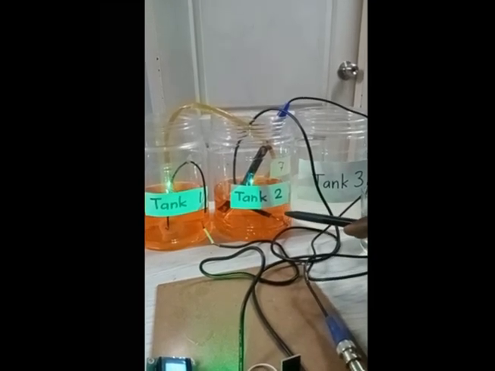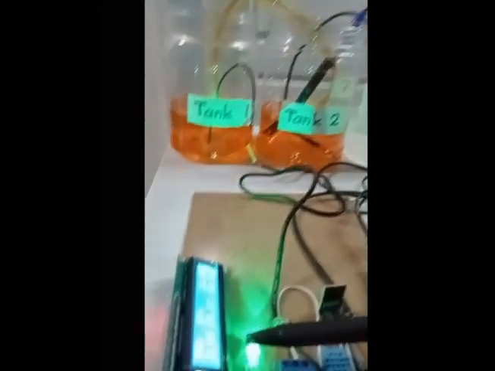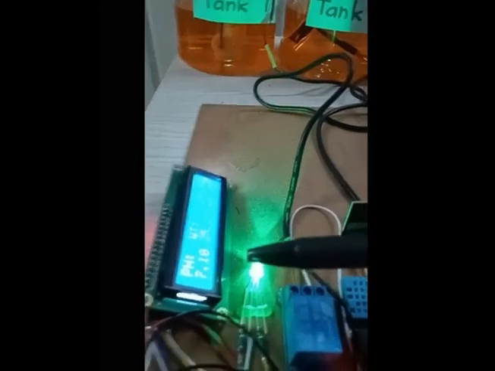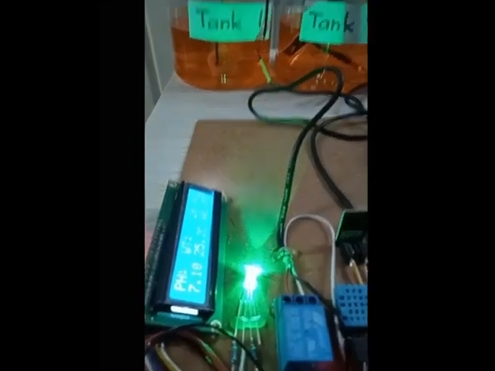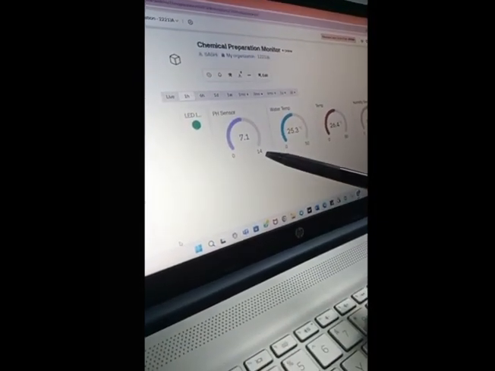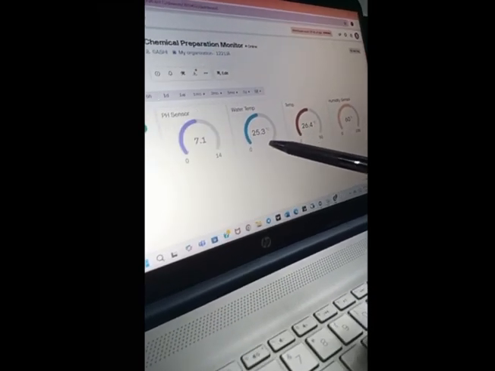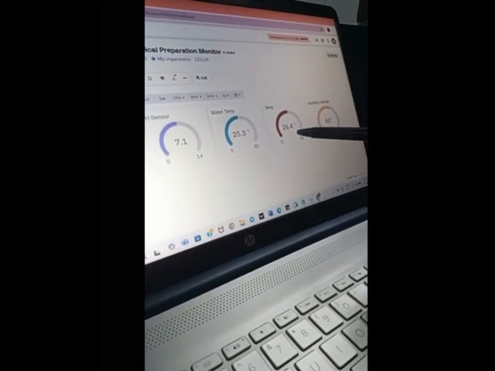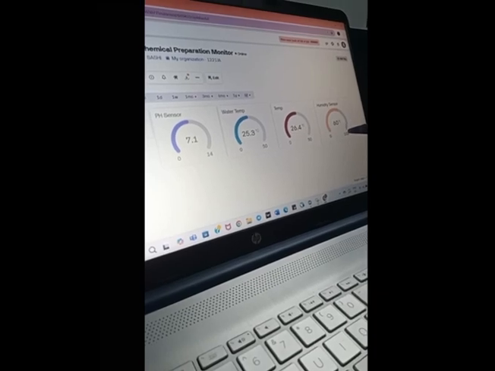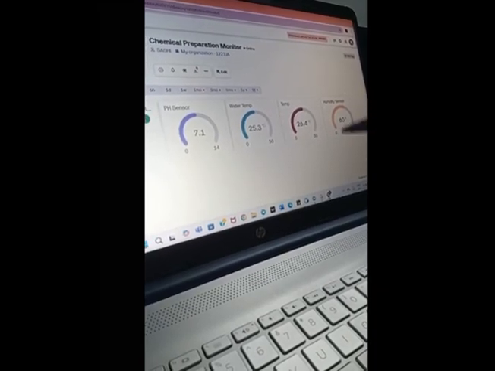We use this chemical for our process, and the pH here is 7.1 according to the LCD screen. Okay, 7.1, and our web also showing 7.1. However, the water temperature is 25. The ambient temperature is 26 and humidity is 60. So here I'm going to show the functionality of my